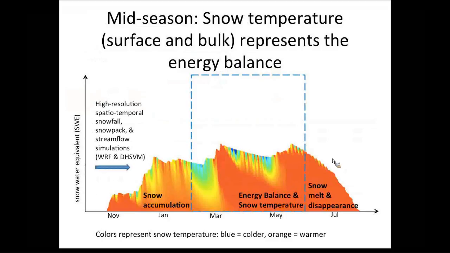The other thing, if we get snow accumulation, which is a terrible problem, the next thing we need to think about is the energy balance. What is going to melt our snow? If you watched last week and saw the Alaska snowpack, the snowpack was very thin, and the accumulation season was most of the story. Once it got warm enough to melt that snow, it was thin enough and it warmed fast enough that it was gone in a few days. However, in most of our mountains of the western United States, we accumulate a large enough